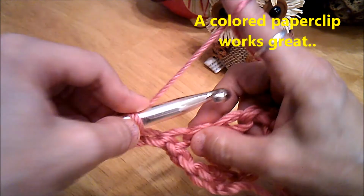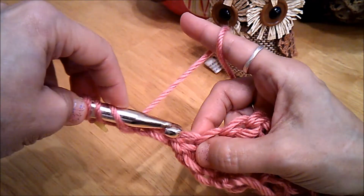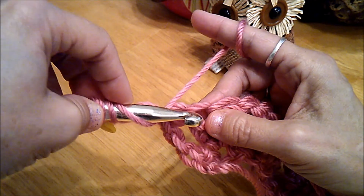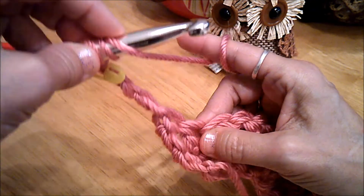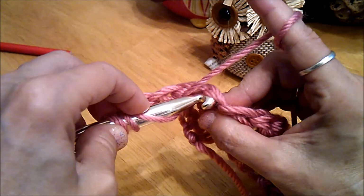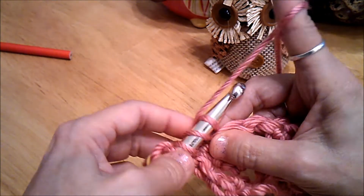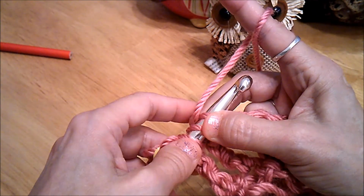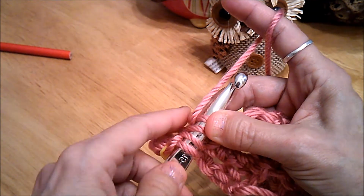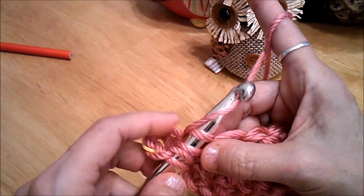So now I yarn over twice, and I'm not going to insert my hook in this stitch connected to my height. I'm going to insert my hook in the first unencumbered stitch. And you see how it's a V? I'm just going to pick up the piece of the V close to me, just the front half of it. And I'm doing that because it'll make the scarf longer and a little stretchier, and it gives it a nice ribbed look. You'll have like a little line every other row. So I inserted my hook in half of the V,